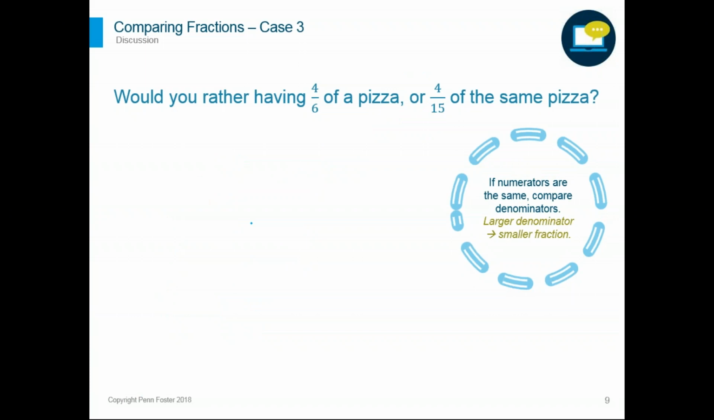We're still comparing fractions. This time, the fractions that you see on the screen have different denominators, but the same numerator. So in that case, we have another rule that we go by. Let's read the question. Would you rather have 4 over 6 of a pizza or 4 over 15 of the same pizza? Let's try to make sense of the fractions and see if that would help us decide which portion